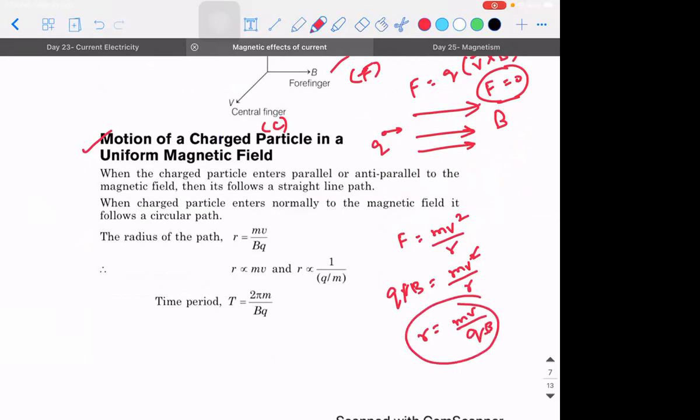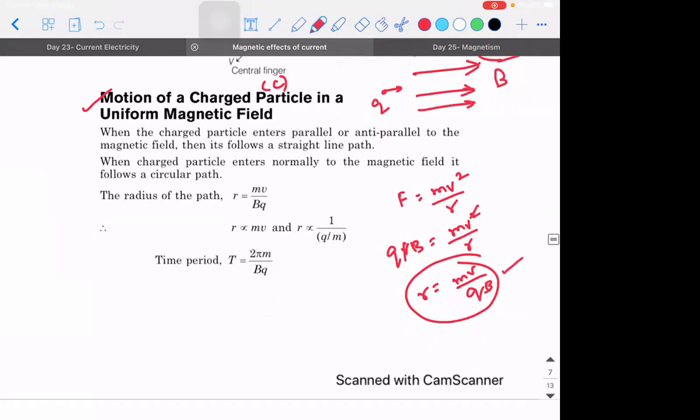An important note here. Whenever you speak about charged particle being projected perpendicular into a field, there are two fields which we always discuss, right? What are the electric and magnetic field? So charged particle projected perpendicular to the electric field will move in a parabolic path. Please make a note of it. Charged particle projected into the electric field perpendicular to it will always move in a parabolic path. Whereas charged particle projected perpendicular to the magnetic field will always move in a circular path. Okay, so have this point in your mind.